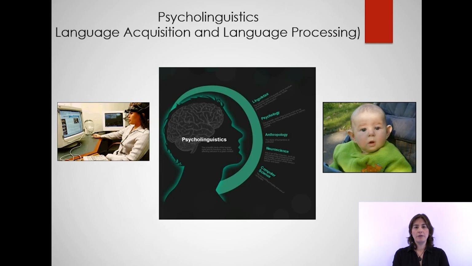Psycholinguistics is the study of the psychological factors that enable humans to acquire, use, comprehend, and produce language. One large line of research in psycholinguistics is adult language processing. It studies how people understand sentences in real time, by presenting the person with a sentence and measuring how much time they stare at a particular word, or how long it takes them to be aware of an ambiguity, for example. The other line of research is language acquisition, which studies the way babies learn to speak their language or languages.